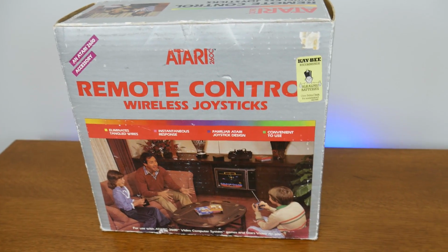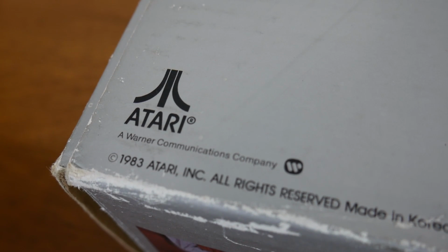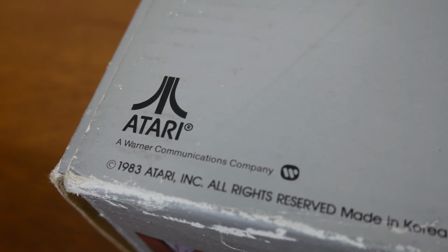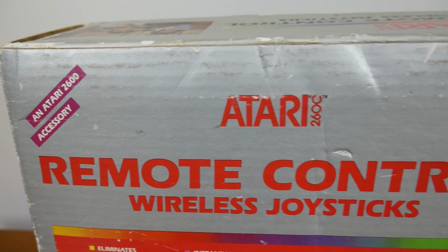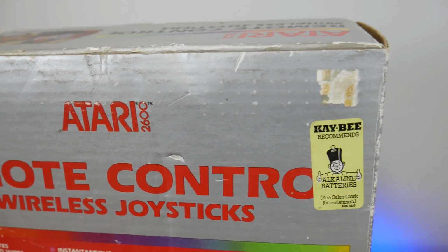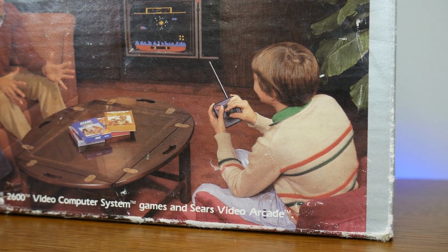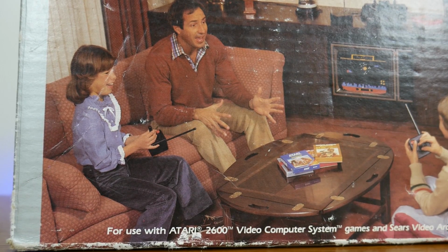So it turns out there were a couple of different manufacturers that made these types of controllers, but this particular set was actually manufactured by Atari. As best as I can tell, they all operated off of a similar premise though. You had a receiver that would plug directly into the Atari console, and then you had two controllers that you could use. These operated using an RF signal,